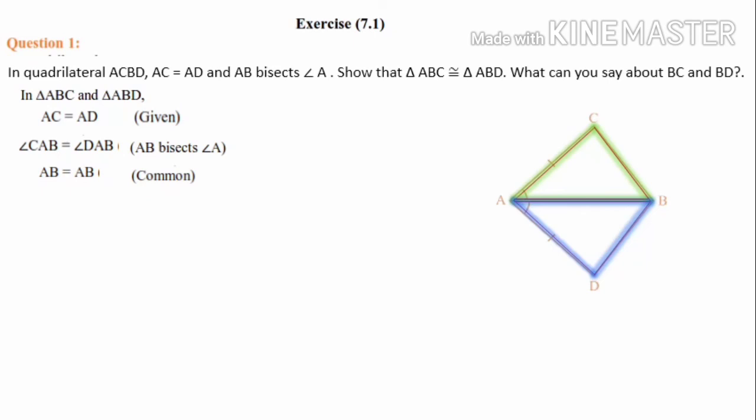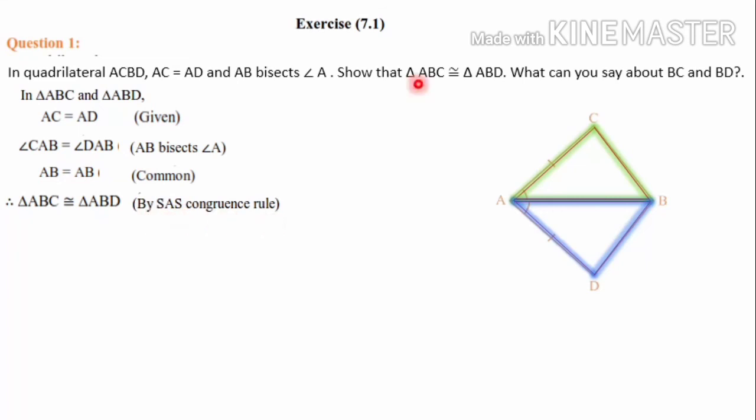Therefore, now you can compare here one side and the angle, and again another side. So two sides and the included angle we have taken. That means by using SAS congruence rule, we can say that the triangle ABC and triangle ABD are congruent by using SAS, because we have taken two sides and the included angle. Two sides in the sense AC and AB we have taken, and the included angle, that is CAB, is taken. That's why we can say that triangle ABC is congruent to triangle ABD by using SAS congruence rule.